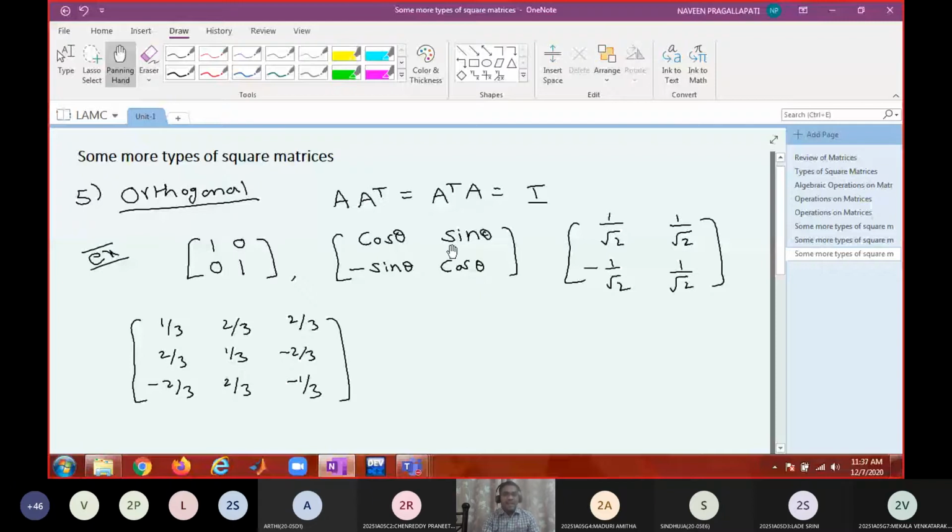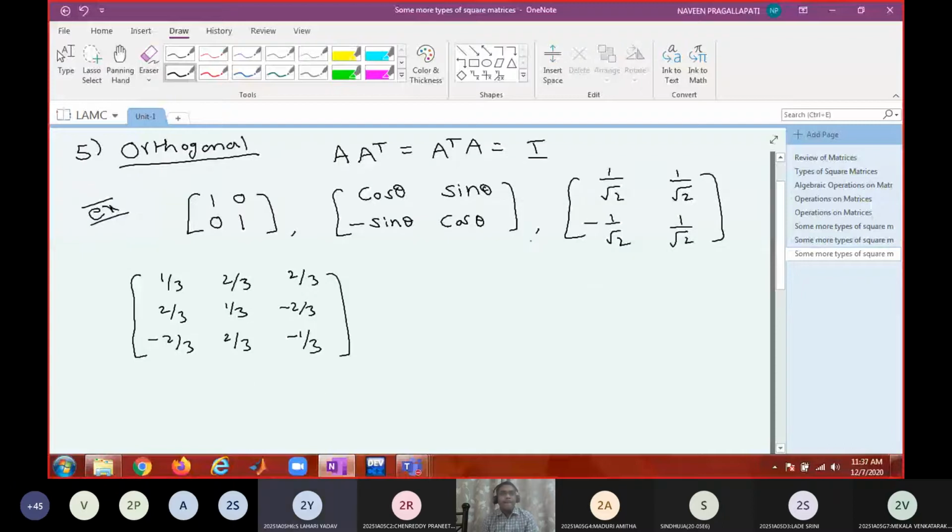So for all these matrices, if you really want to check whether they are orthogonal or not, you have to evaluate the left hand expression, either A A transpose or A transpose A, and see if you are getting the identity matrix or not. If you are getting identity matrix, then the matrix is orthogonal, otherwise not. But there is one more way of identifying whether the given matrix is orthogonal or not. Just have a close look at these examples, and if you can identify any common properties, let me know.